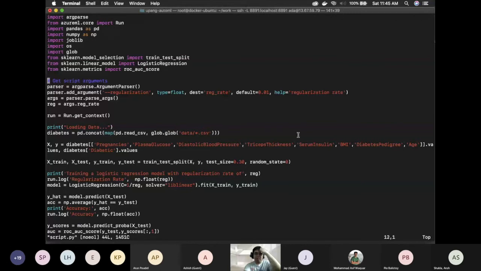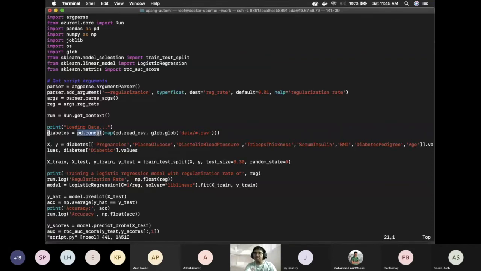This is just the usual scikit-learn stuff. If you're developing in the cloud, this would be from a data store or pulling a data set, but we're doing it locally.